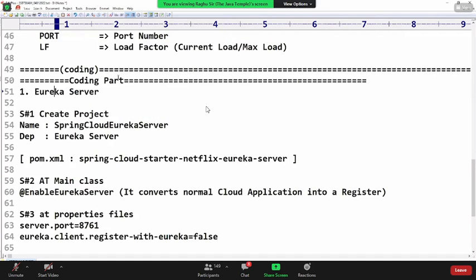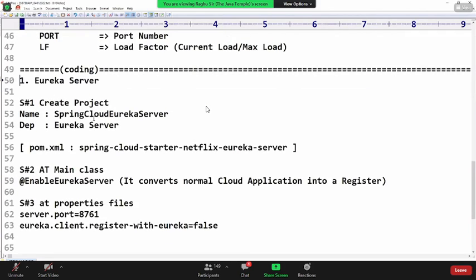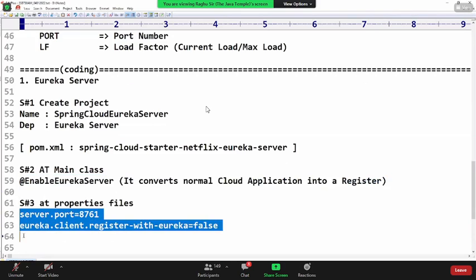First, the Eureka server: just the Eureka dependency, enable Eureka server, port number and all here.